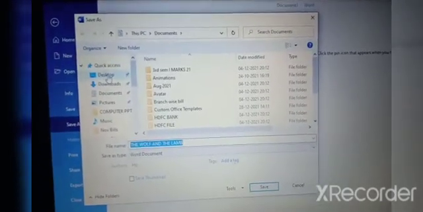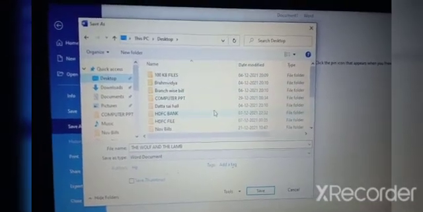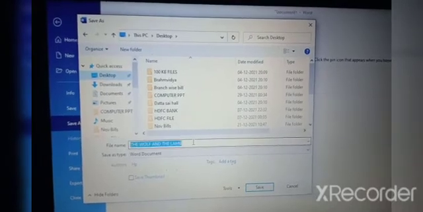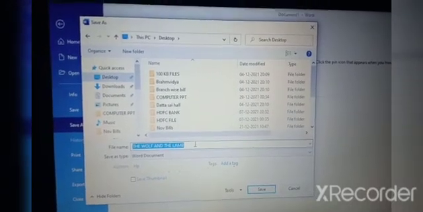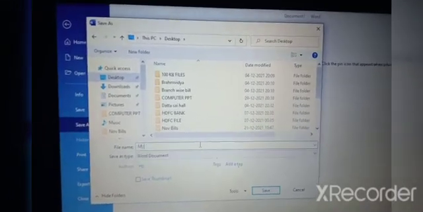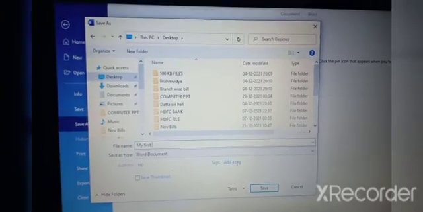Click on the desktop, and this is the desktop area, the files which are there on the desktop, and here is the name of the file. You can type, okay, my first Word document.